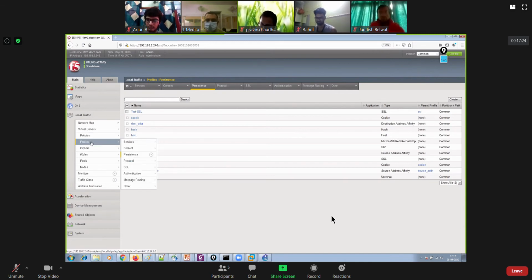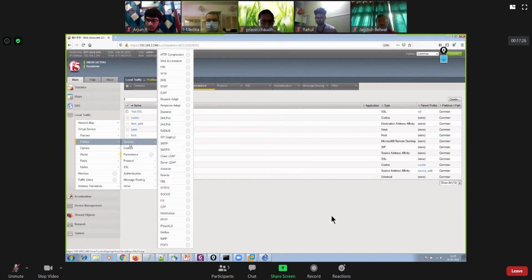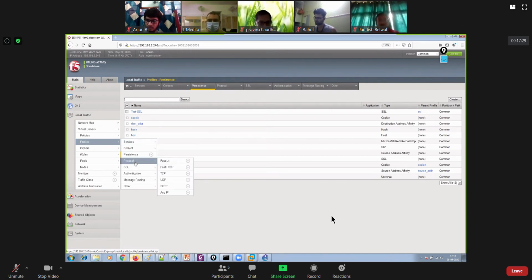So let's go back to the profiles, and you can see here that we have another type of profile called protocol profile. Using the protocol profile, you can play around with the TCP and UDP profiles, like TCP options or UDP options available under the UDP profile. I remember we had a small discussion around the TCP profile, and today again we're going to create the TCP profile, and thereafter we will start using it.